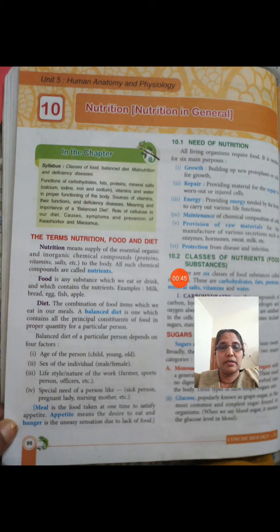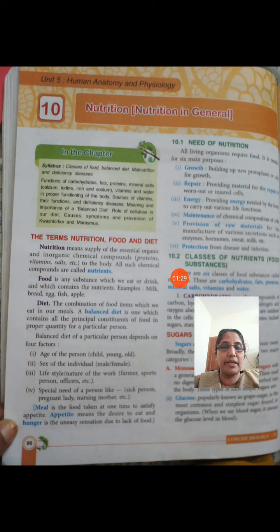Let us see the terms of nutrition, food, diet, etc. Several terms are there. Let us learn about it. Then it will be useful for you in your life, because every day we are taking food and food is becoming our body. Our body is formed out of the food that we eat. So it is very important to know about it in detail. Otherwise we cannot provide the materials for our body. So it is very necessary to understand about the nutrients, because our body is formed out of the nutrients that